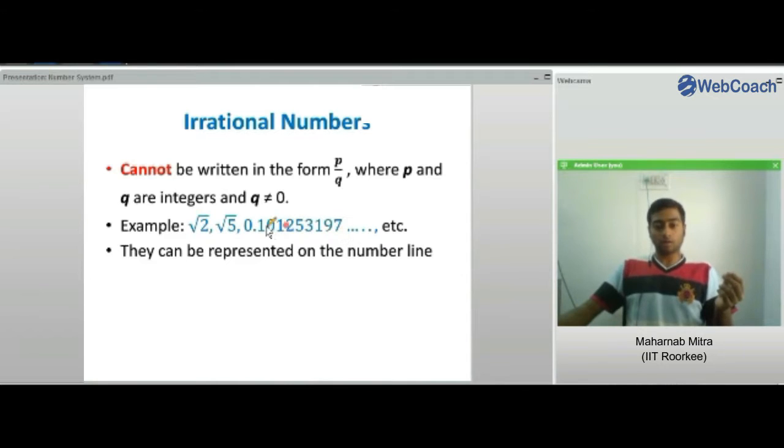And this number, as you can see, is a very large decimal number where the decimal digits are not repeated, they are just going in a random fashion, as you can see, 1 0 1 2 5 3 1 9 7 and so on, whatever can be the value. So these kinds of numbers, non-repeating decimals, are classed as irrational numbers, right? And both the rational numbers and the irrational numbers can be represented on the number line, right? We know how to represent rational numbers on the number line, right? And irrational numbers can also be represented on the number line by a certain technique which we will show in coming slides,